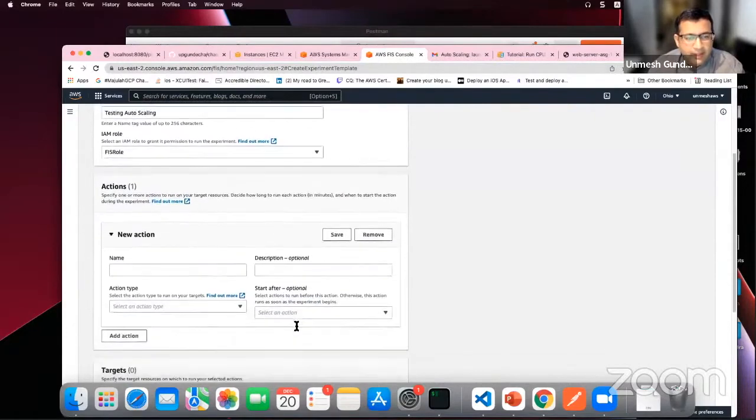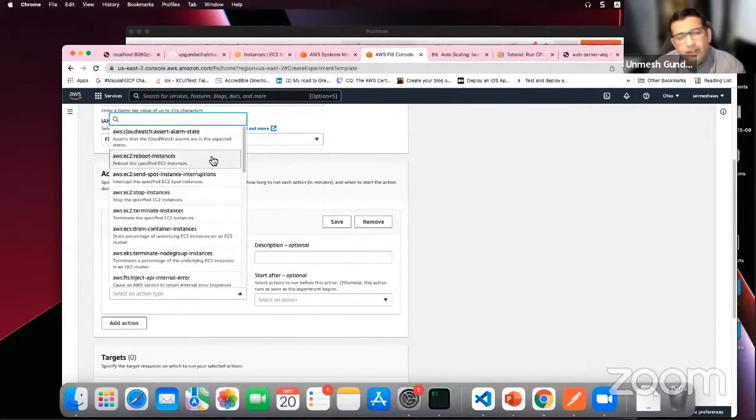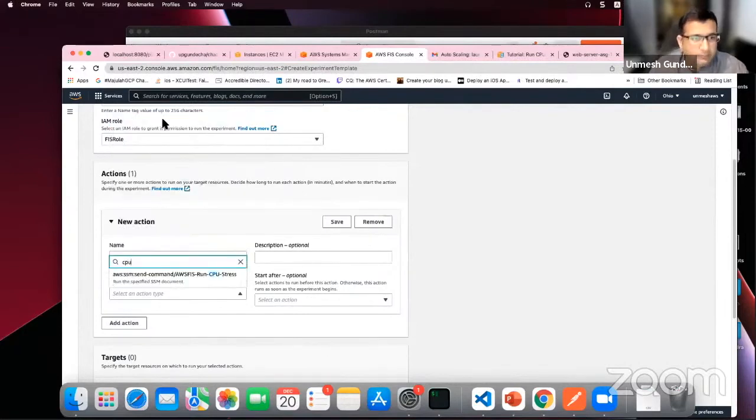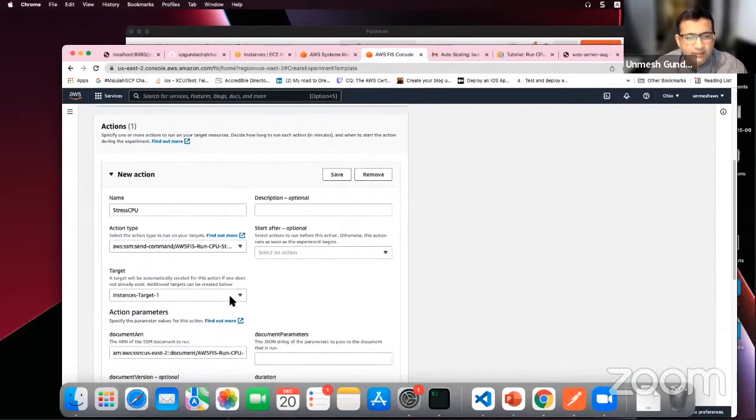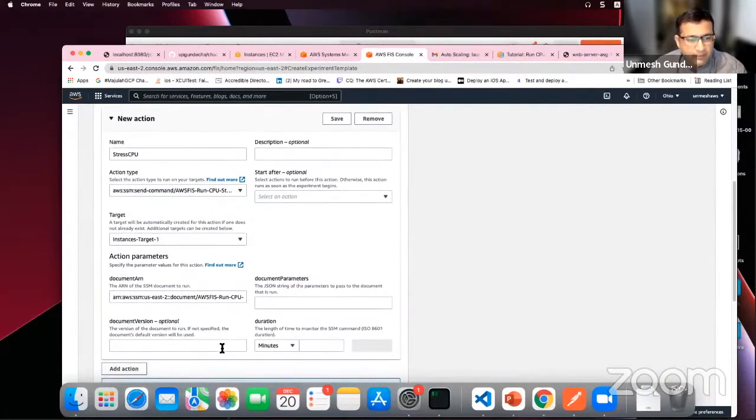In this case, as I said, I want to stress the CPU. And FIS offers me a library of actions that I can take. So you can see reboot instance, stop instance, terminate instance. There is an action for CPU, run CPU stress. So this is the action that I want to run. And then I have to provide the target, where you need to execute that. So I say instance target 1, because I